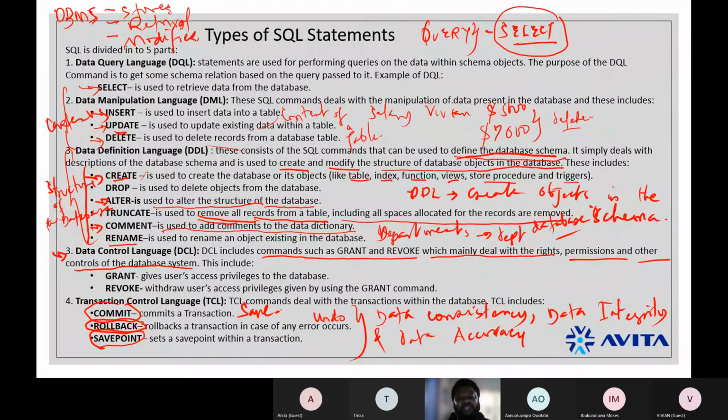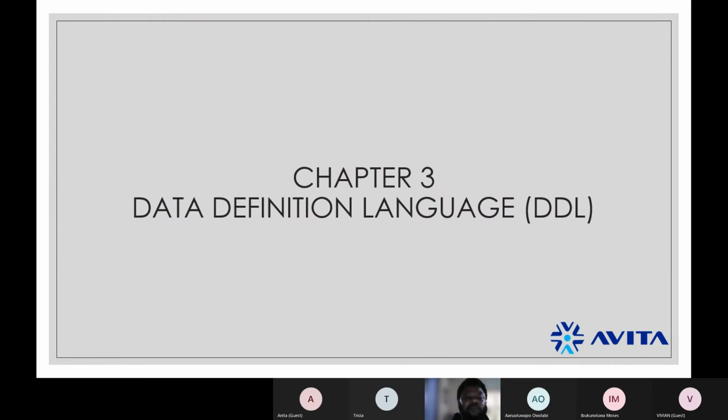In this SQL slide, this is SQL that I've broken down to you. If you look at it, you have 1, 2, 3, 4, 5, 6, 7, 8, 9, 10, 11, 12, 13, 14, 15. 15 keywords that make up SQL: select, insert, update, delete, create, drop, alter, truncate, commit, rename, grant, revoke, commit, rollback, and save point. All of these make up SQL, and I've explained them to an extent. So let me know if you understood that before I proceed.